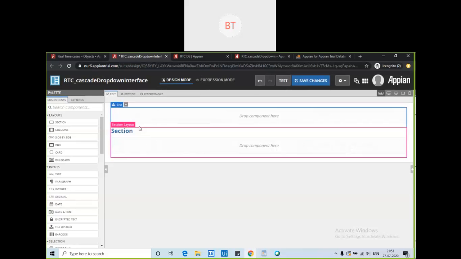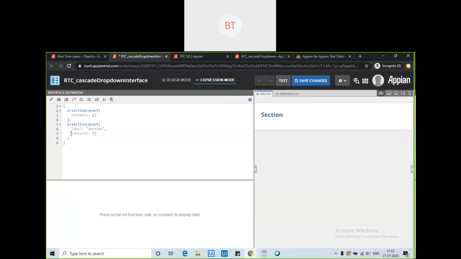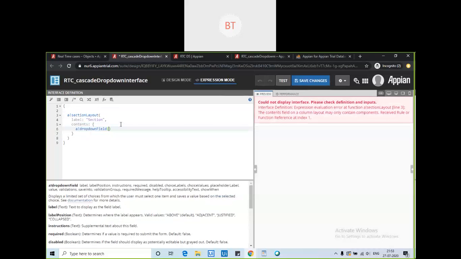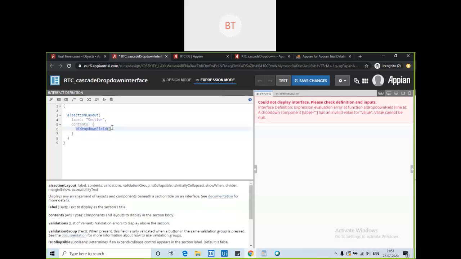So this is the section. How many sections? I got a little confused in the design mode, so I will be in expression mode. Wait, I only need one section, and there are two drop downs, right? Fine.